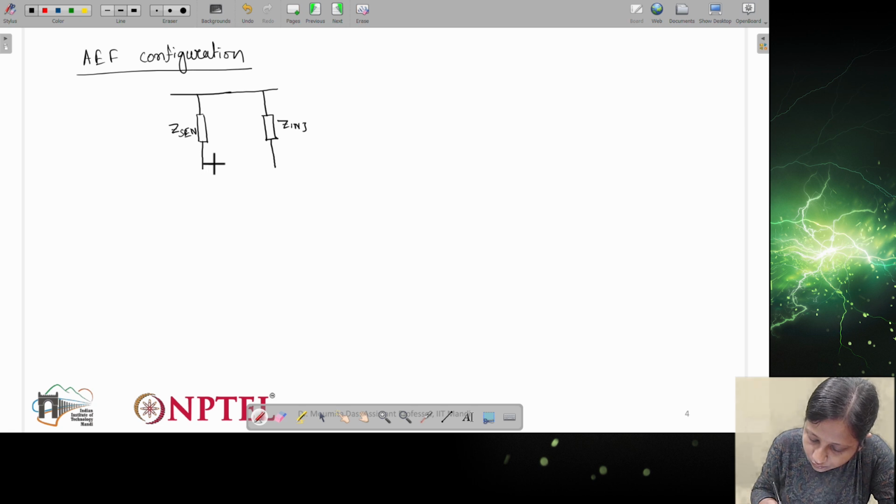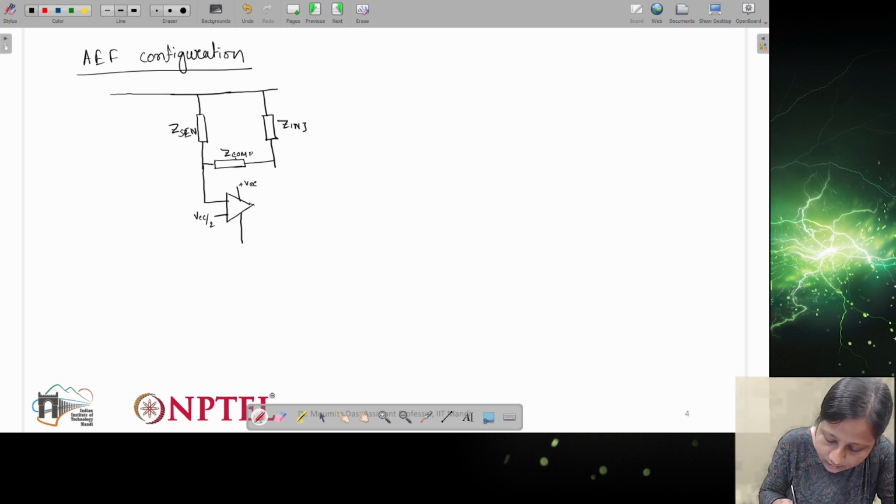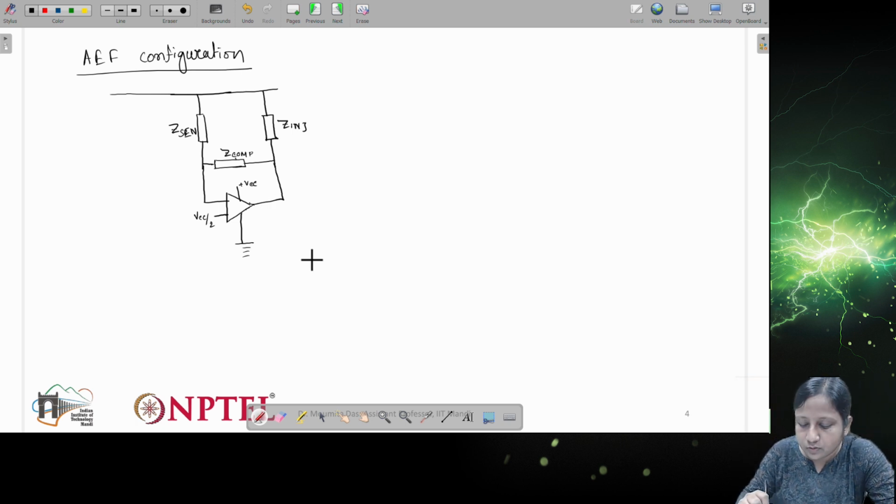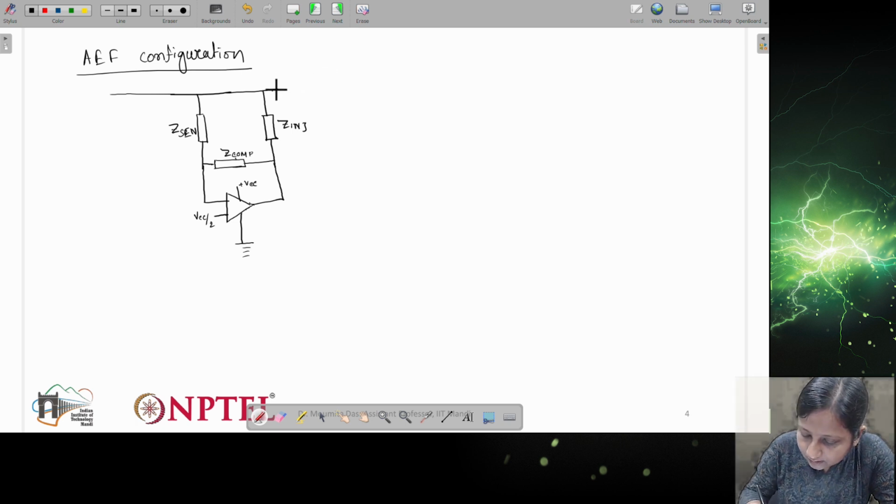Now this will be connected to one compensating impedance, Z compensating, and this is connected to the op-amp. So you can see here the VCC positive, then here this signal will be VCC by 2. This will be connected to the negative terminal of the input, or I can just show it to ground, right? And this point will be connected here, which provides, so this op-amp will provide the gain G OP, which I have shown, and this Z injection will be multiplied with that. This different impedance Z compensator and Z sensing is required. Z sensing is for sensing the signal, and Z compensator is to provide the compensation, and then this will be connected